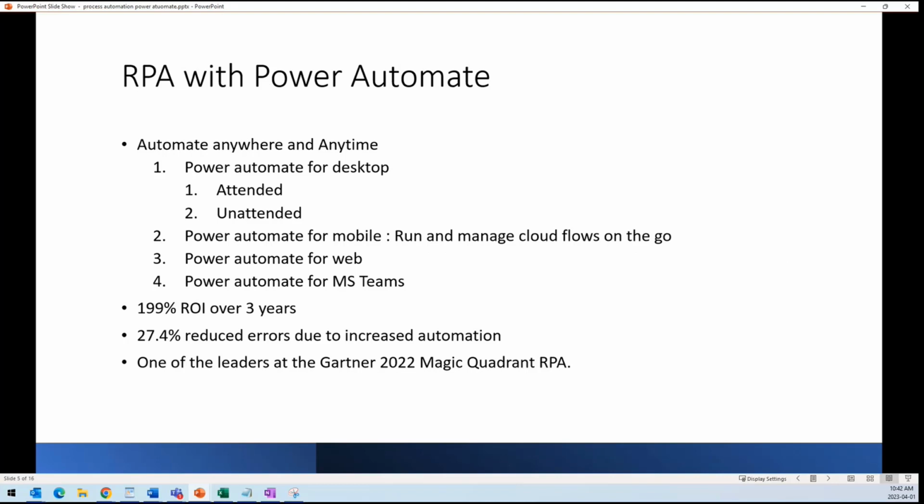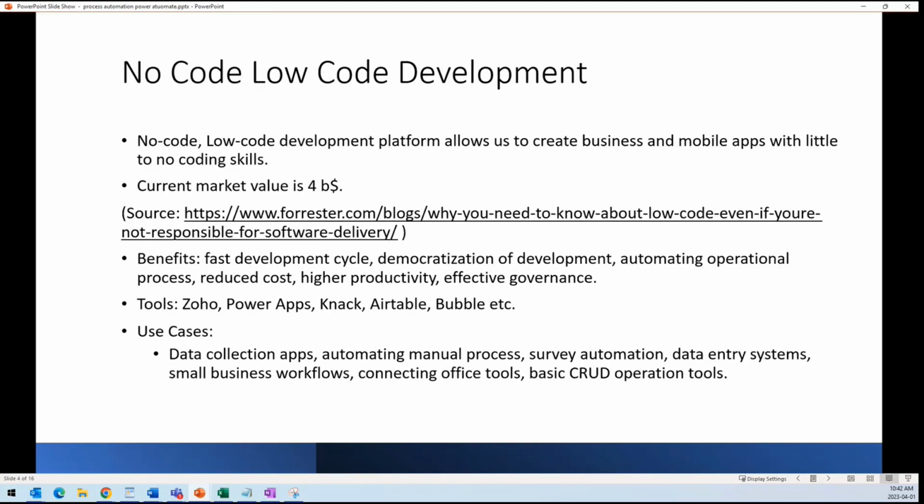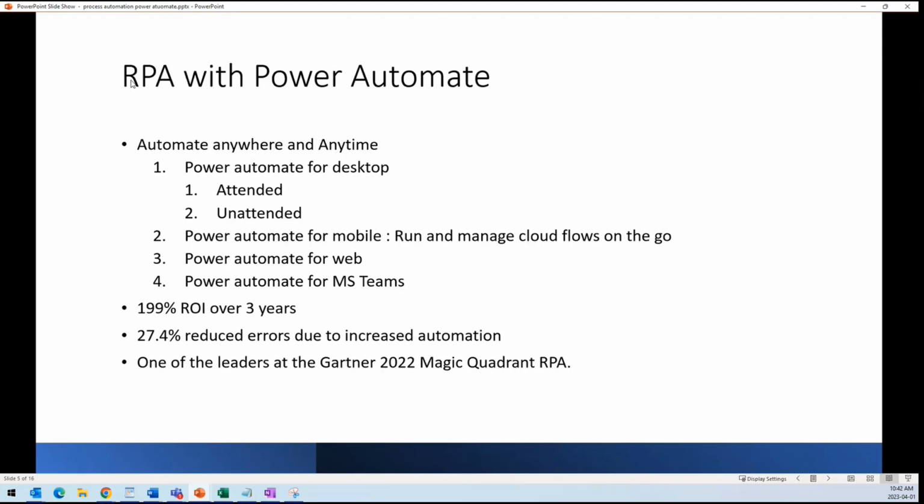Now, in our session today, we will talk about RPA with Power Automate. So what can we do? What is the market? If you want to learn it, why should you learn it? Where does Power Automate stand among all the other tools that I just talked about? The first thing is we need to know what Power Automate offers in terms of RPA,